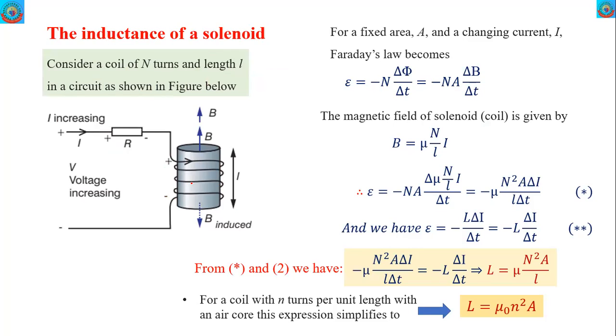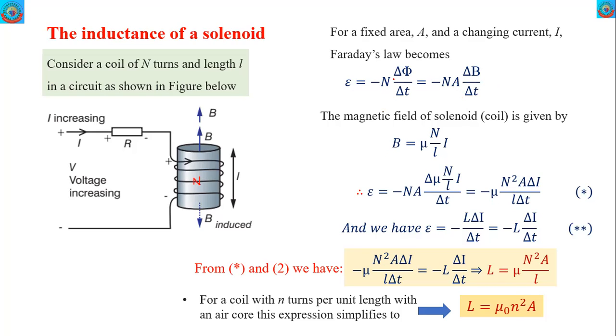So the number of coils is n, and the length is L. Directly from the Farad law, in terms of current with inductance,